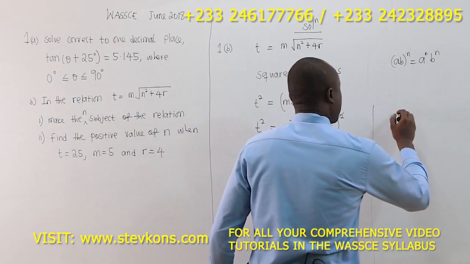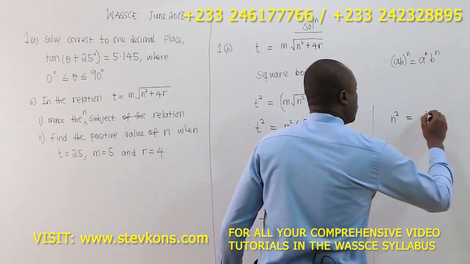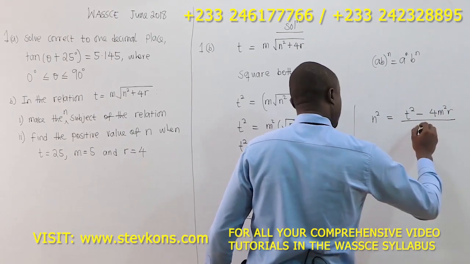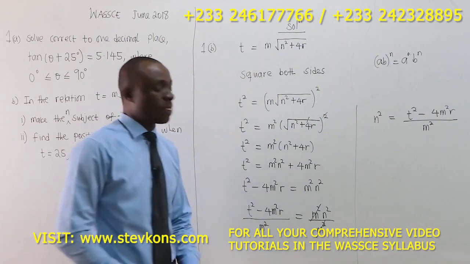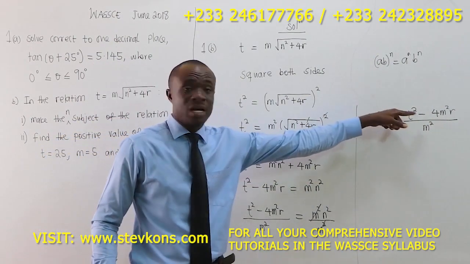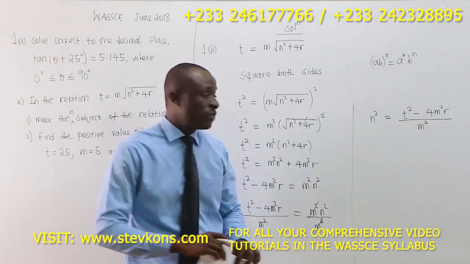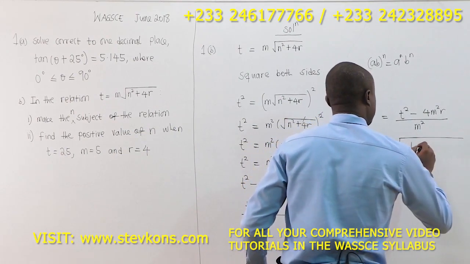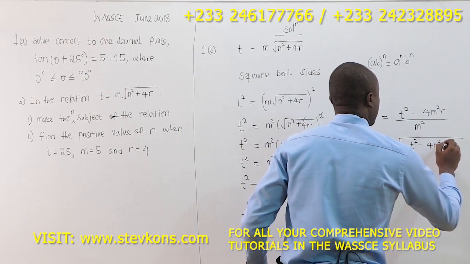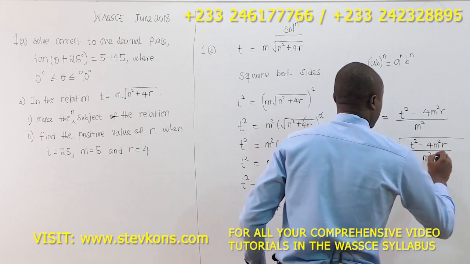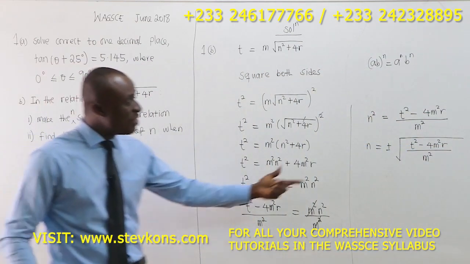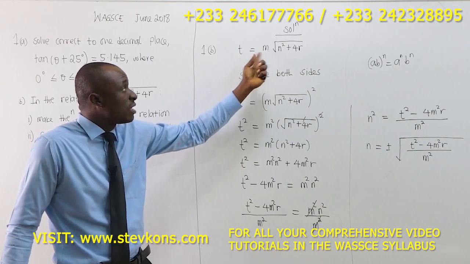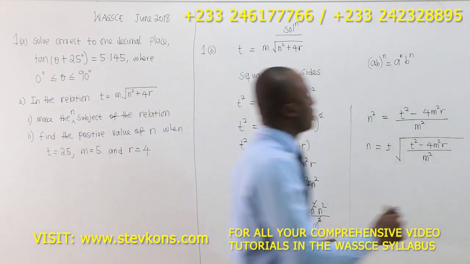So we have n squared to be equal to t squared minus 4m squared r all over m squared. Now we want to find n. Now the square becomes square root. And now anytime you take square root, you get plus or minus. So plus or minus is giving us the square root of t squared minus 4m squared r all over m squared. So either we square both sides over here, or if you like, we can divide through by m. So our method 2, let's say